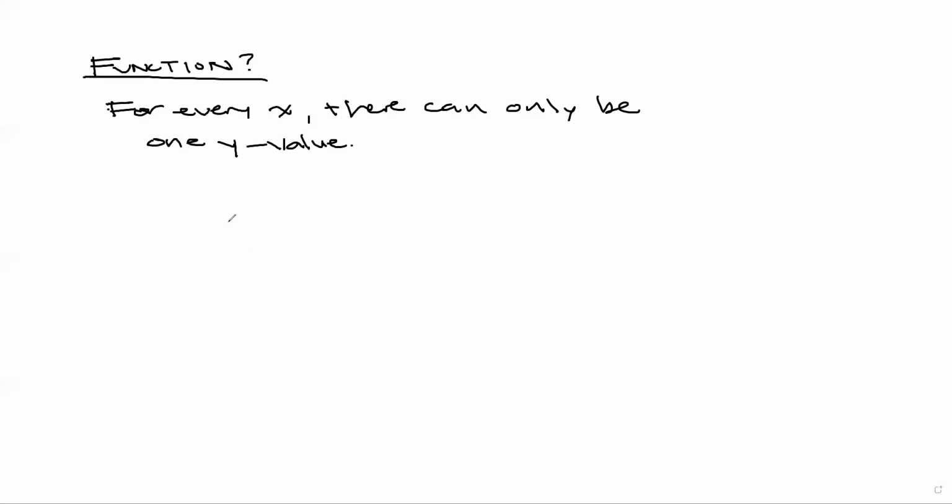So for every x, there can only be one y value. Now, what does this mean? Basically, what it's saying is,